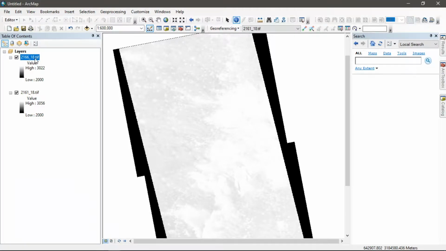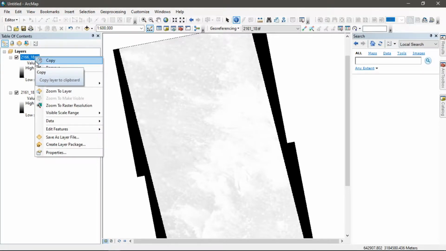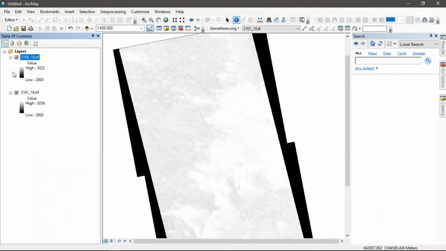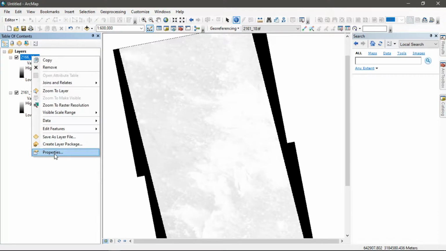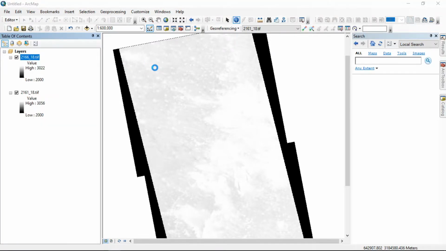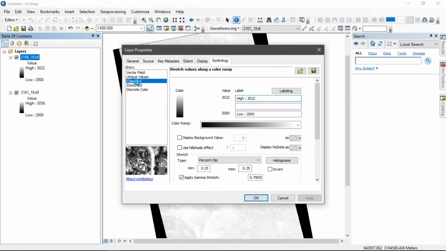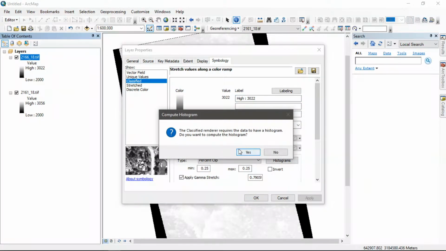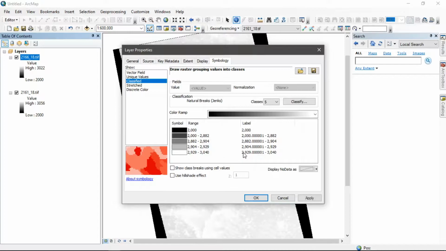There is also another way: we can check the distribution of the image, so we can clearly eliminate the null value. For that we do a right click and go to properties, and from properties we go to the classified tab and click yes to build the histogram, then go to the classify option.